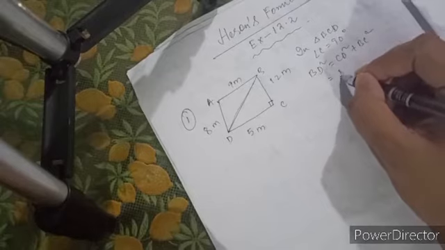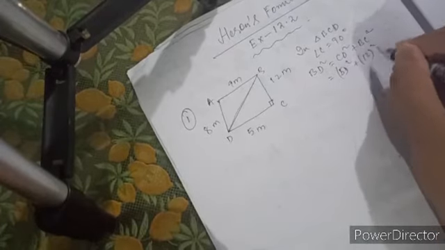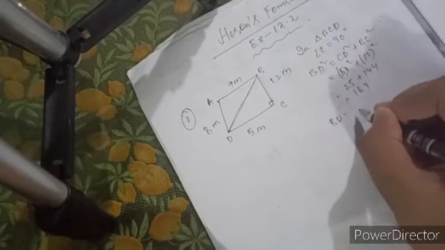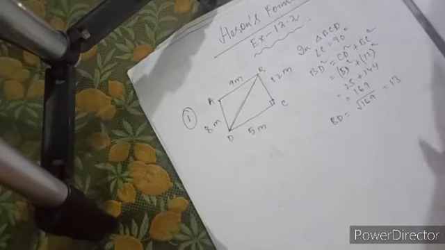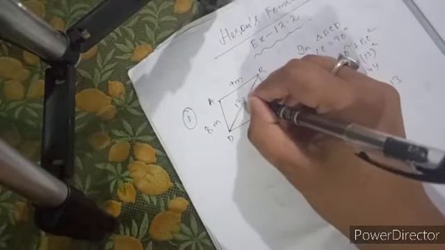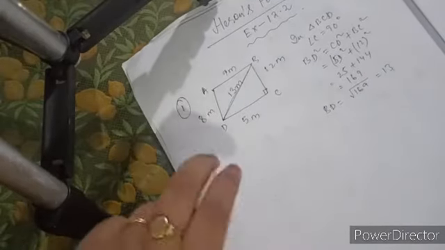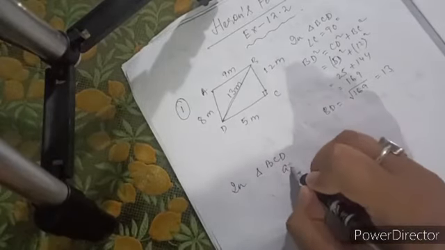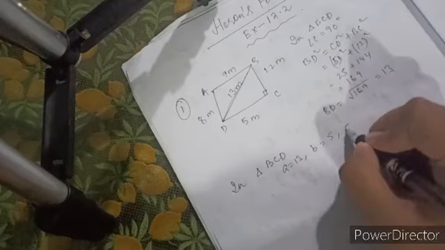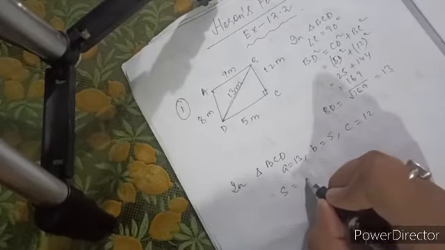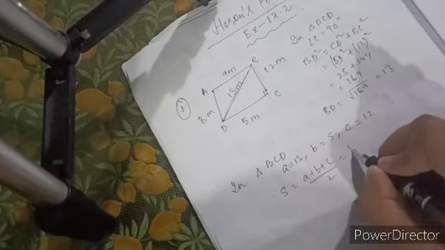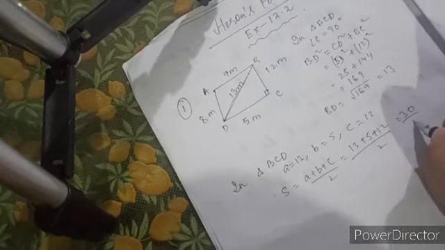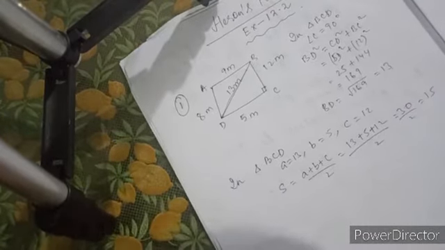So CD equal to 5, whole square, plus 12 whole square. That is 25 plus 144, which is 169. So BD will be root over 169, that is 13. So now it will be easy for us to find the area of both the triangles. So for triangle BCD, let us take a as 13, b as 5 and c as 12. So s is (a plus b plus c) by 2, that is (13 plus 5 plus 12) by 2. So semi-perimeter is coming to be 15.